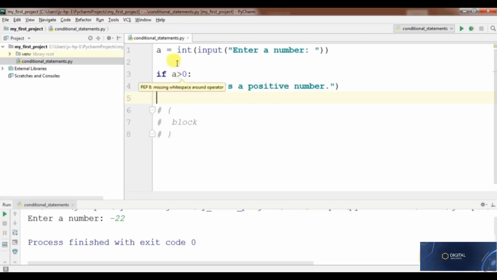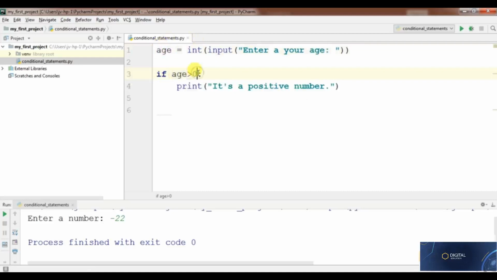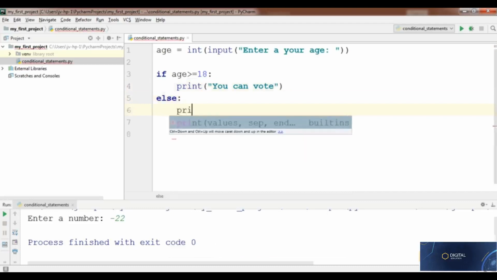Let's see another if condition, which is if else. I'll remove this part, and here I'll ask to enter your age. Let's take age, and if age is greater than or equal to 18, I'll print you can vote. But what if the condition is false? Let's handle that situation. That can be done with else. So I'll write here